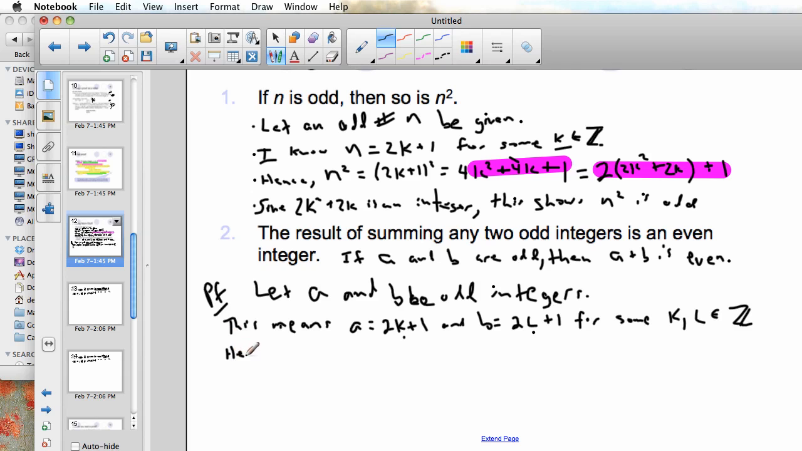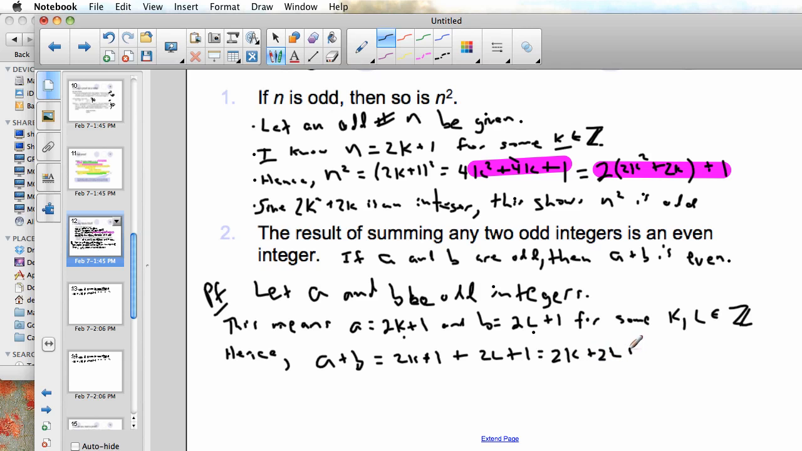So now I have some transition word that suggests that I am now turning my attention to the conclusion. The conclusion is about A plus B, so I should start off with A plus B and write down what I do know about it. So A plus B, well, I know that A is this guy, and I know that B is this guy. So I can simplify that. That's 2K plus 2L